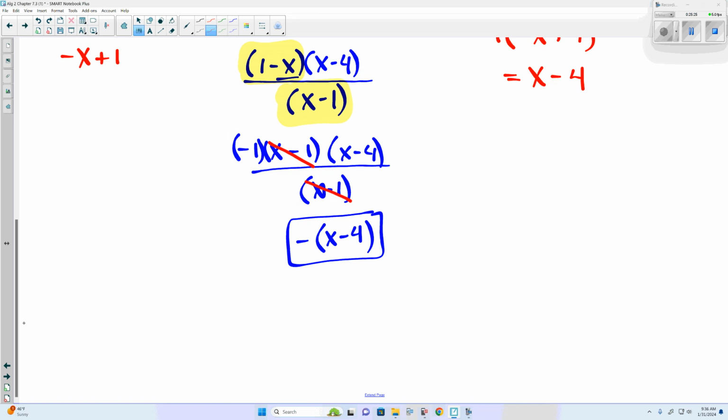Questions on how we got to this one here? Questions on how we did this here? We were ready for the next one. We can, yes. So